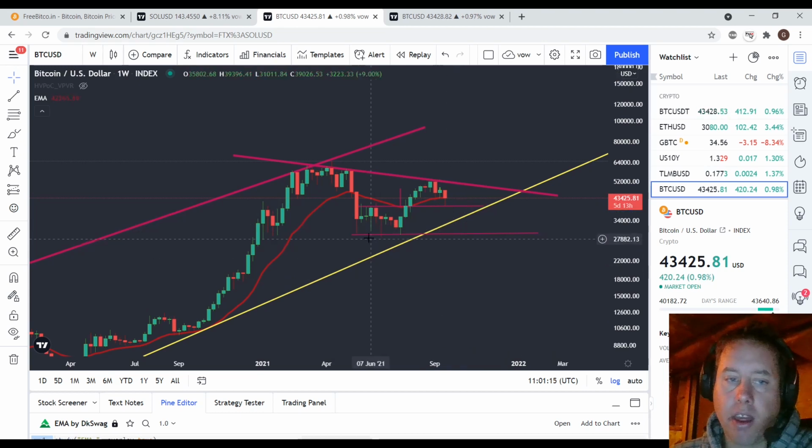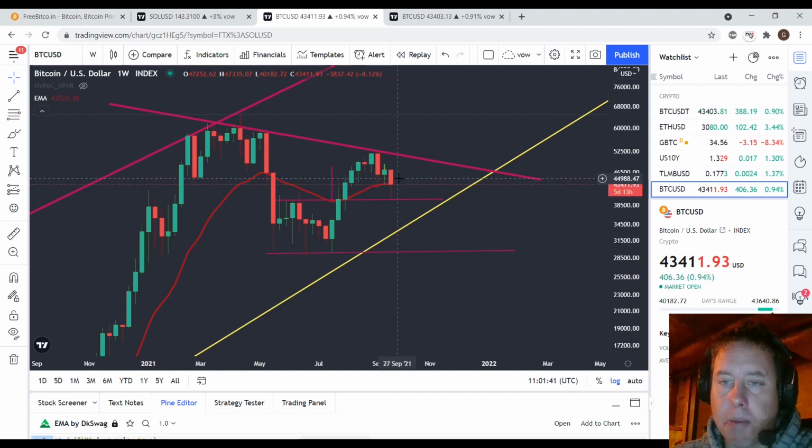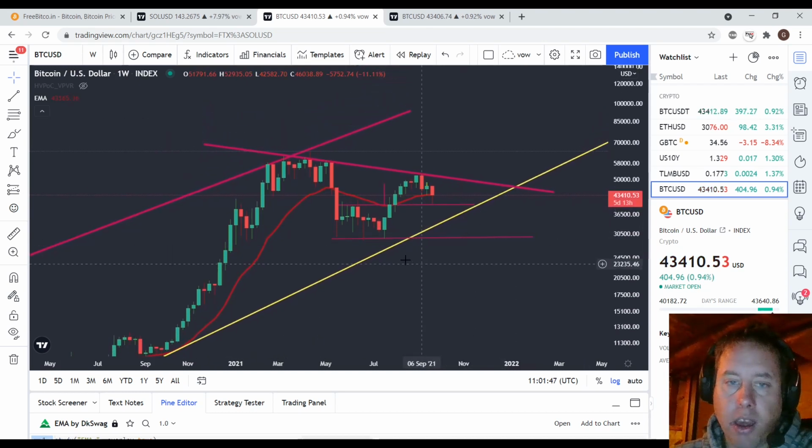The thing that worries me is that we had some closes beneath the 21 EMA. Historically, this has been a signal for the bear market to be upon us. And right now, we are just maybe closing right around it. So we need Bitcoin to pump a little bit before the end of the week, but we are still early in the week. So we did come under here after this huge drop, but I think this was a little bit of a black swan event.